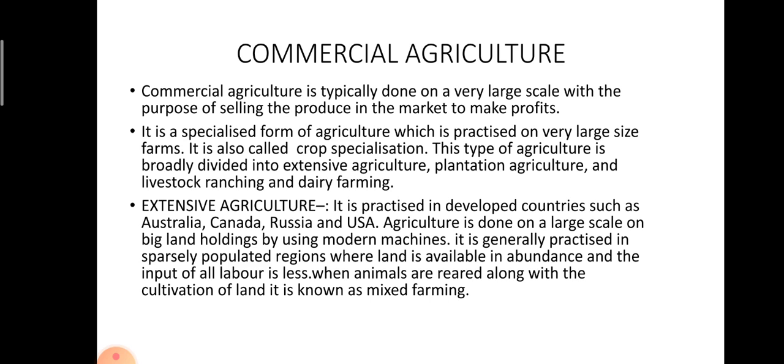Both food crops and fodder are cultivated. Fodder is necessary for animals. This gives a boost to the income of the farmers. It is common in Argentina, Eastern USA, New Zealand, South Africa, Southeast Asia including India, Southeast Australia, and Western Europe. In our country also, in many parts, like Punjab, the farmers rear animals along with cultivating the land.